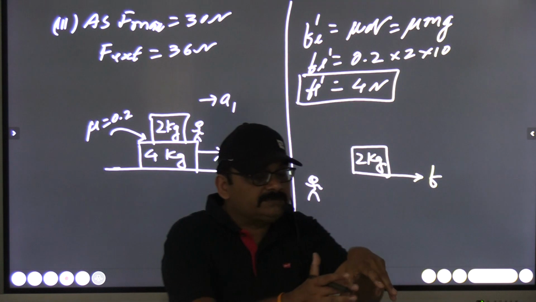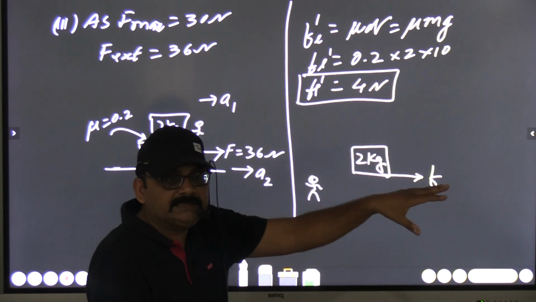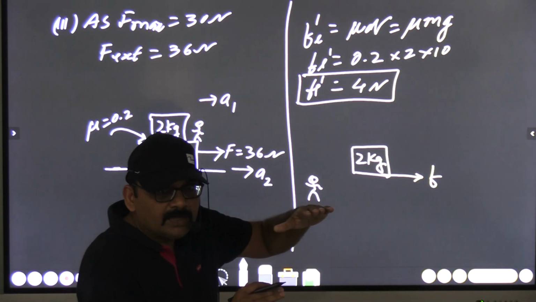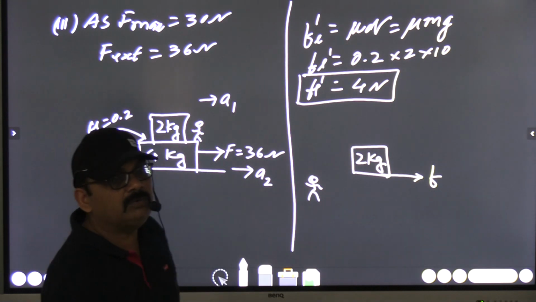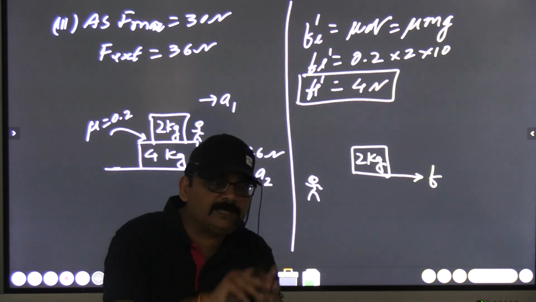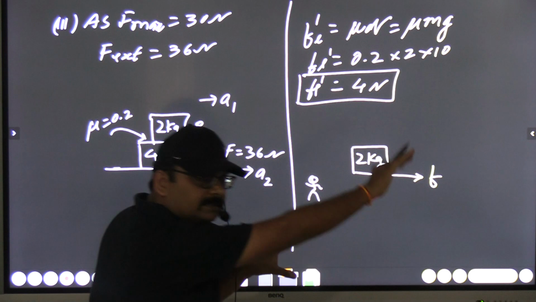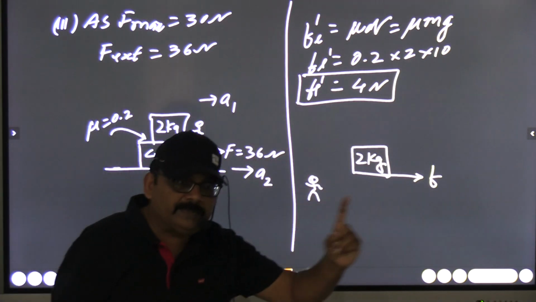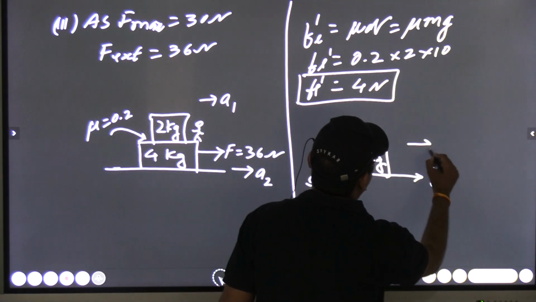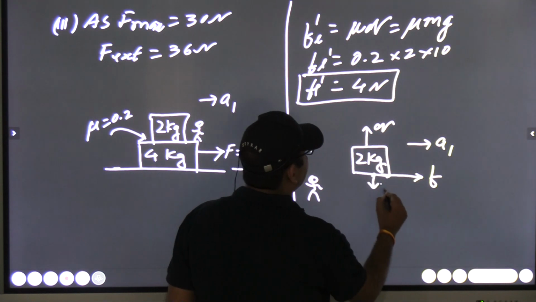The bag is placed on the roof of the bus. Suppose the bus is accelerated in this direction. Suppose the bag is sliding slowly in backward direction. For a person standing on the ground, what will be the description of the motion of the upper body? He will say that the upper body is also moving in the forward direction along with the bus. Getting my point? So now the acceleration is A1, other forces are N and 2g, right?